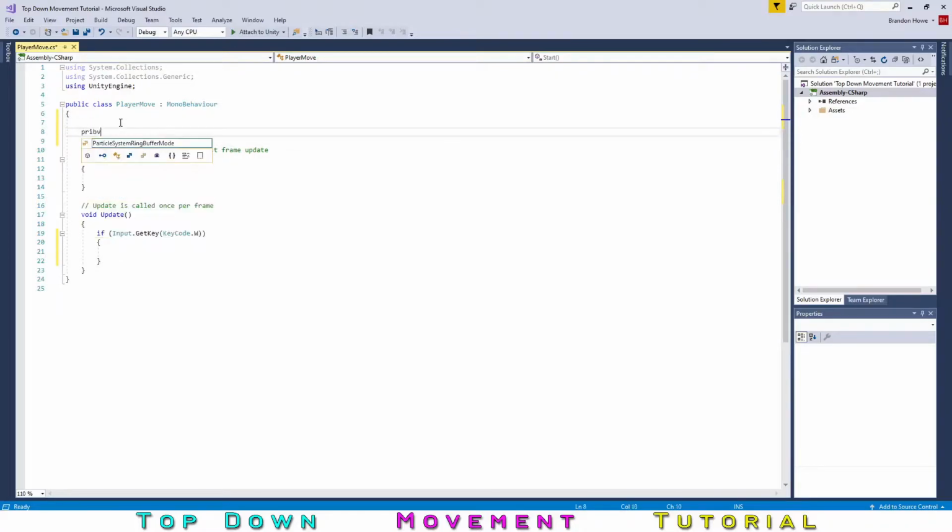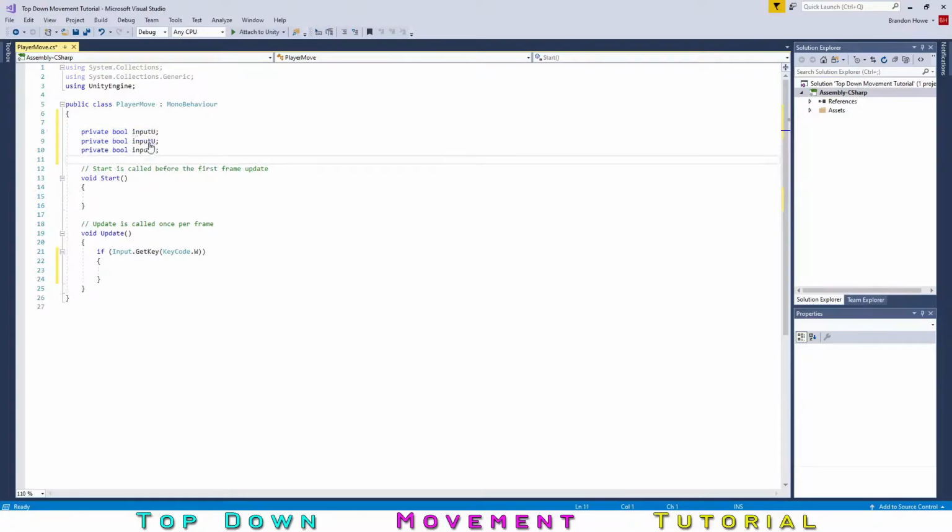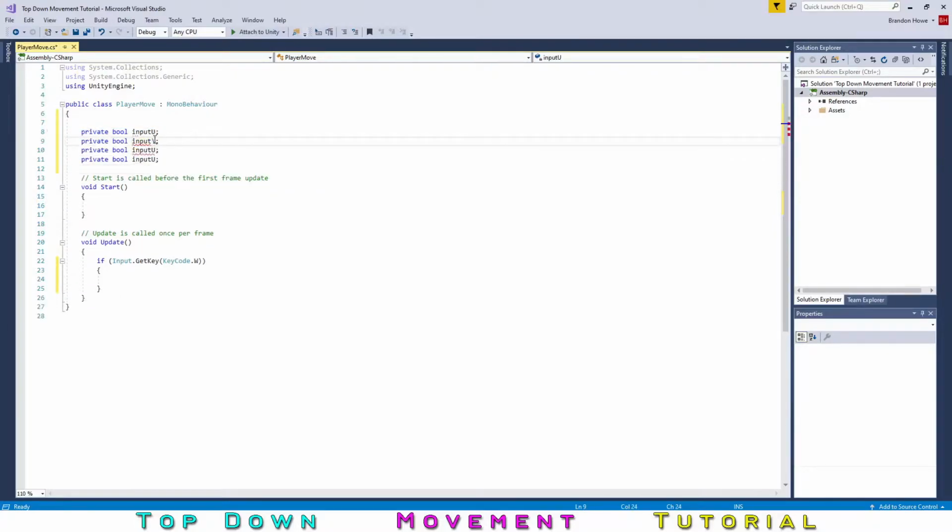We're going to make a private, if I can spell, private Boolean, and we're going to call this, how about input up? I'll just put a U there, and we're going to want to get input from WASD, so we're going to need 4 things. So I'm just going to make 4 of these: input down, input left, and input right. With these, at the beginning of our update function, we're going to want to set these